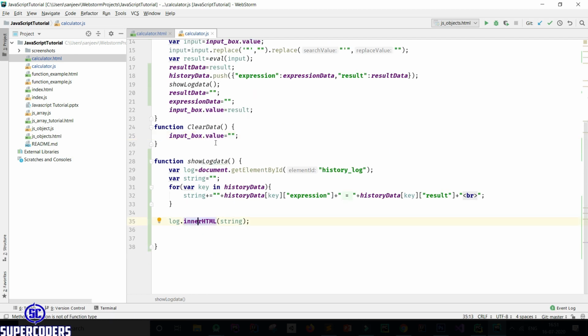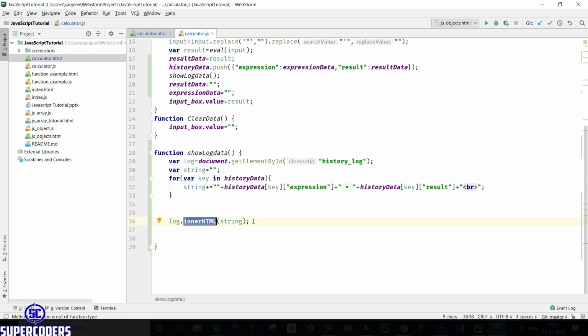So what is the difference between value and innerHTML? When we work on an input box in HTML, we need to call value for setting value, but when you use it on a div element or text element like h1, h2, p, we need to set textContent or innerHTML. First, I will show you how to use innerHTML. Let's see what happens if I run innerHTML.